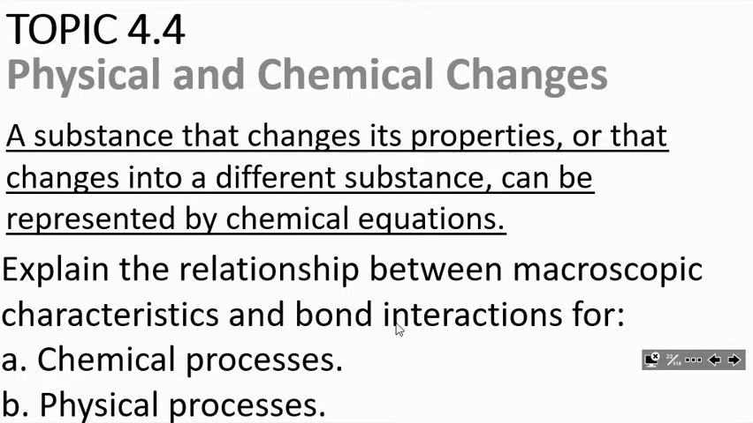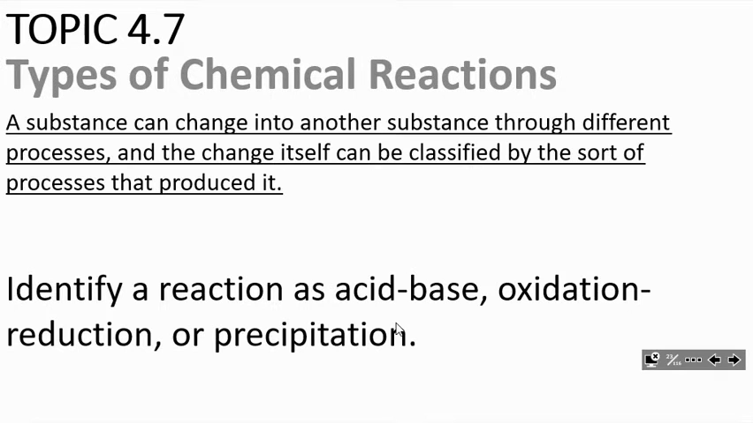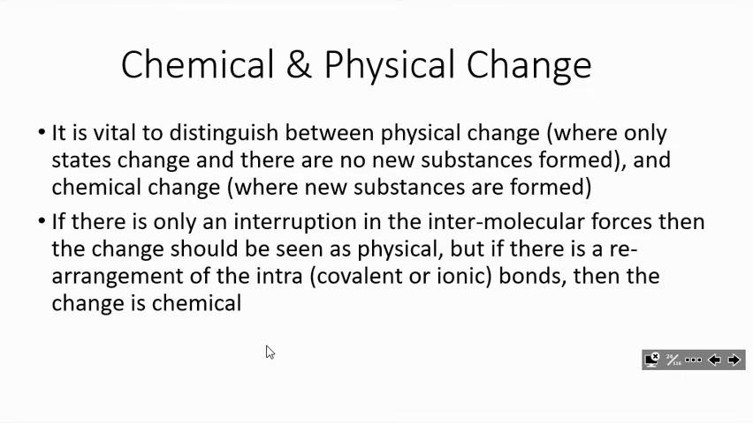All right, we're going to continue our discussion about reactions and talk about physical and chemical changes. We talked about some of those earlier, different types of chemical reactions. So we're going to talk a little bit more about acid-base today and precipitation reactions, which are net ionic equations. And just to get started here, when we talk about chemical and physical changes, it's important for you to